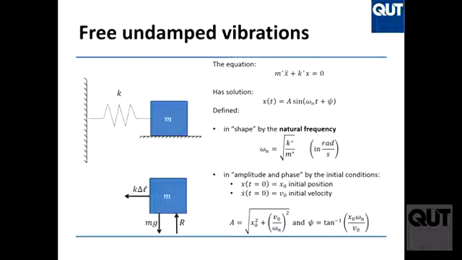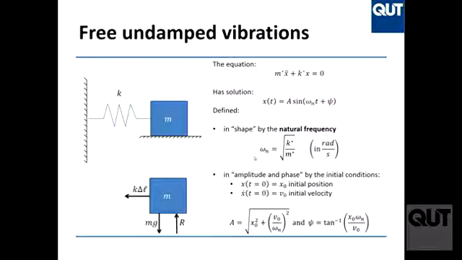It doesn't depend on what you do to the system. It doesn't matter if I push it a lot or just a tiny bit, the frequency of the vibration is going to be the same. Galileo discovered that with the pendulum experiment. It doesn't matter if you pull the pendulum a lot or a bit. It's actually not completely true because the pendulum is nonlinear, but if you pull it a little bit or a little bit multiplied by 2, it won't change omega.